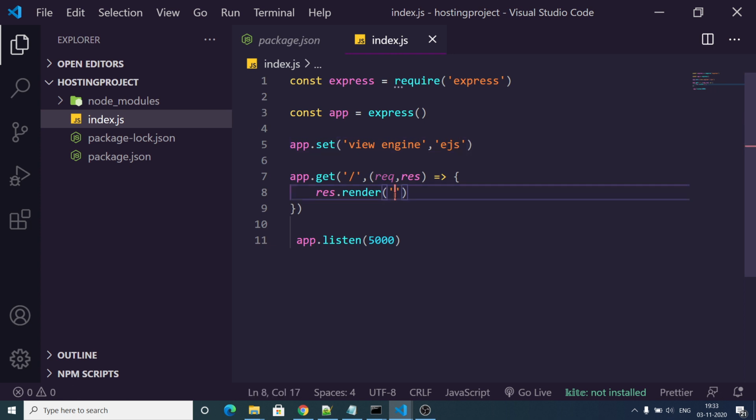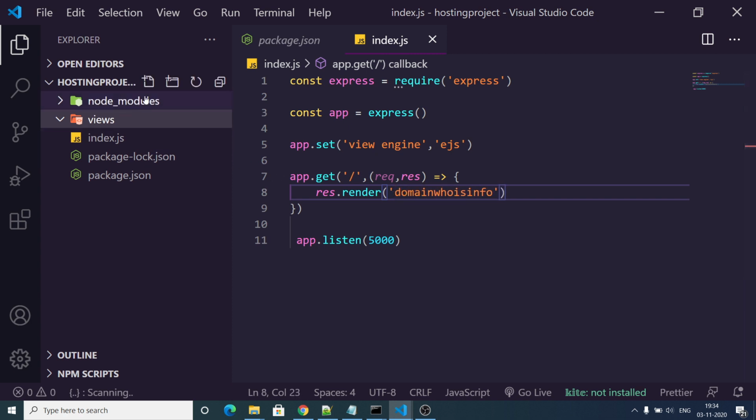Here the file name that we can use is whois info, like this. And here we need to create the views folder, and inside this views folder you can just create domain whois info